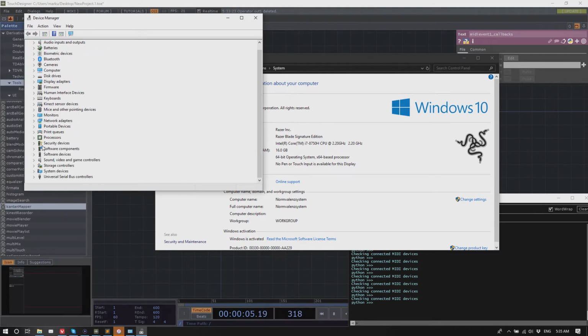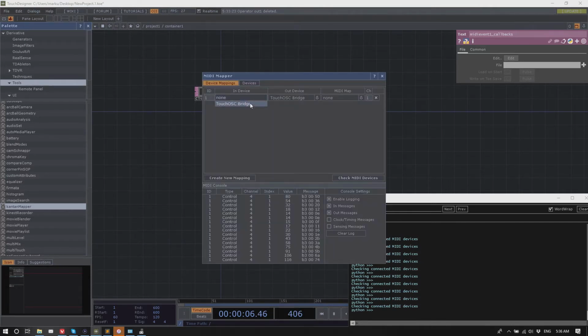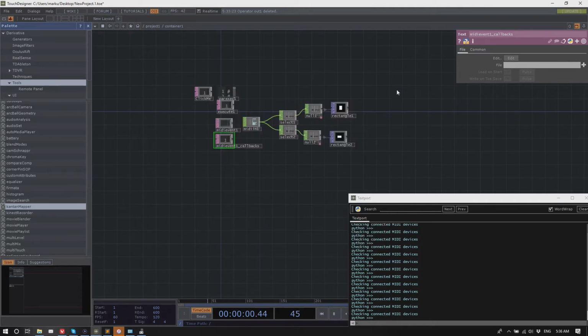I can never remember where these MIDI devices show up. Nope, doesn't show up. Anyway, we'll figure that out later.